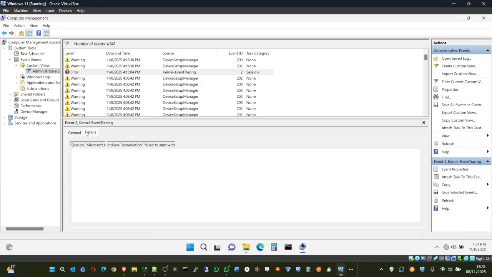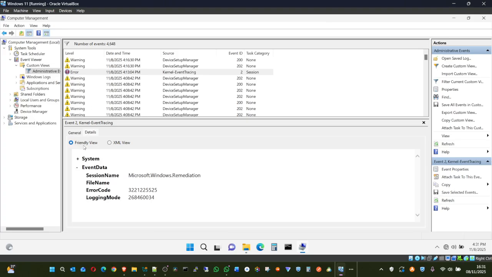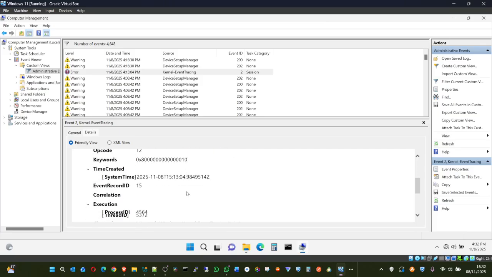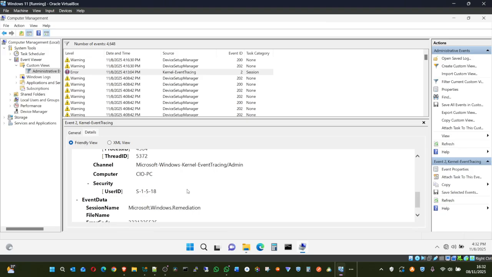You can also check the event details and you'll be able to see the friendly view or XML view. If you click right here as well, you see Windows kernel event tracing and some others. These are the things like SIEM, your security incident and event management solution, XDR, your EDR, your firewall, and all that.